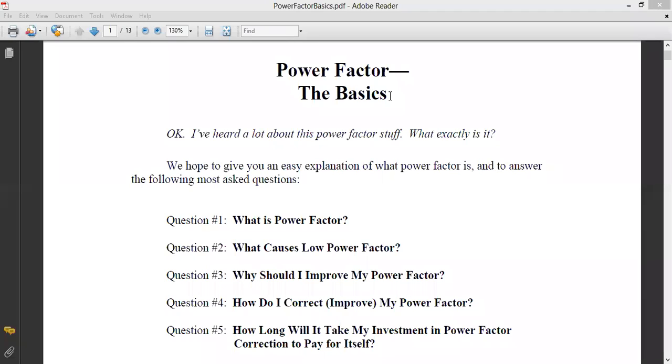So if I quickly recap your previous semester, in your third semester you discussed power factor with three definitions. Number one, the cosine of the angle between the voltage and current is known as power factor. Number two, the ratio of resistance offered by the body to the impedance offered by the body in an AC circuit is also known as power factor. And number three, in terms of power, the ratio of active power to apparent power is known as power factor.